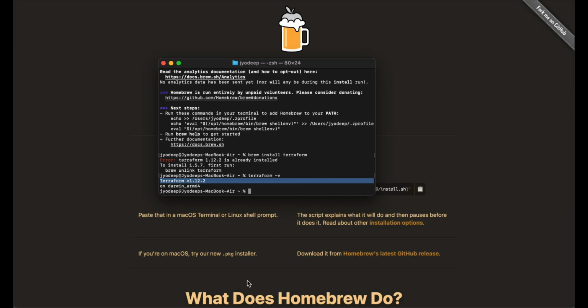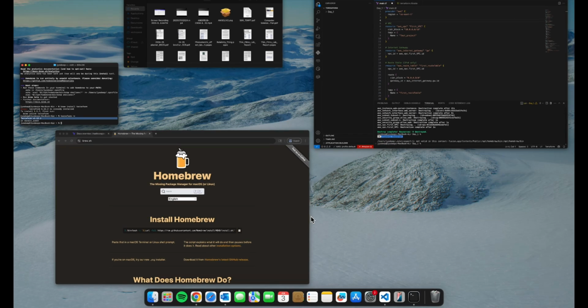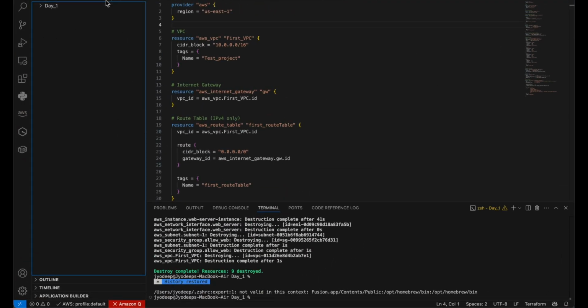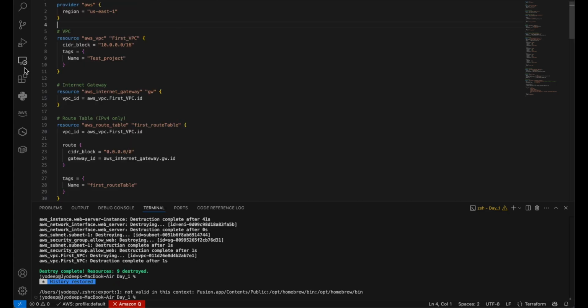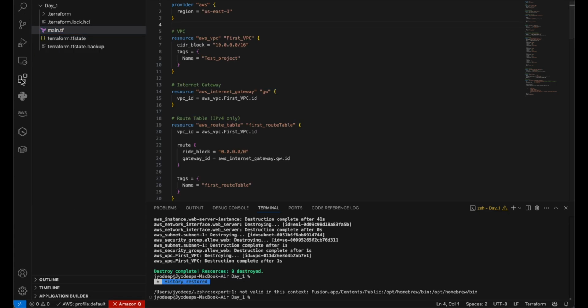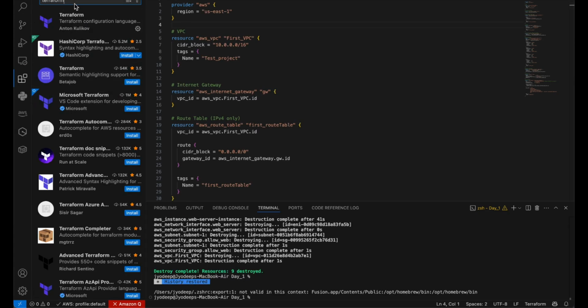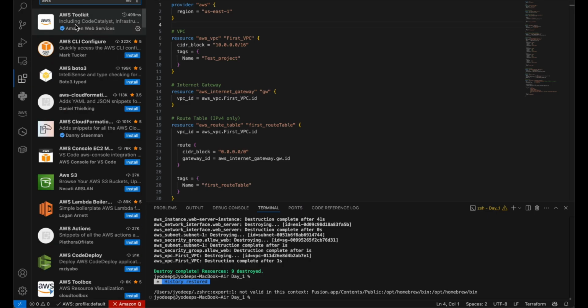So after Terraform is downloaded, go back to VS Code. Oh, this is an old file. Okay, go back to VS Code, click on extensions, and you will need to download the Terraform extension, and you will need to download the AWS extension, AWS Toolkit. So in order for this thing to work,